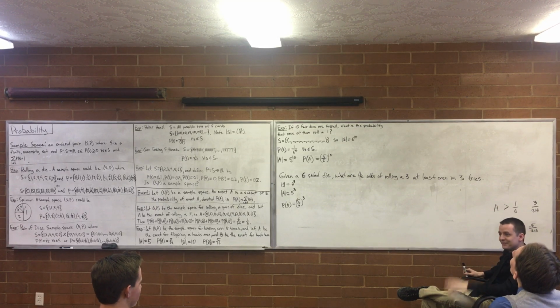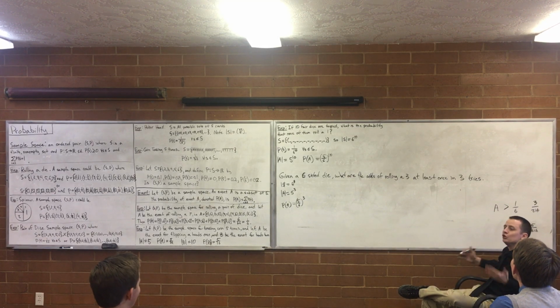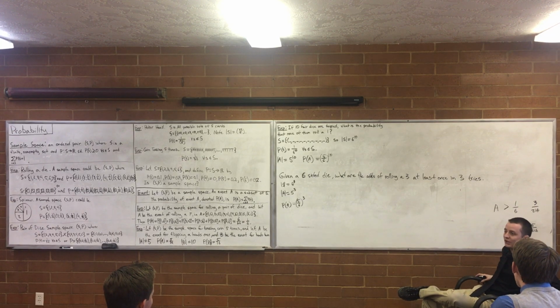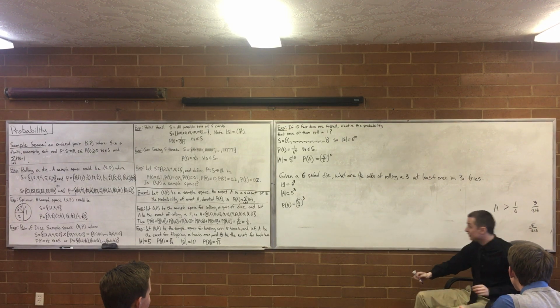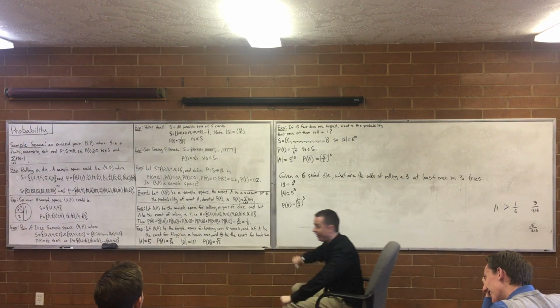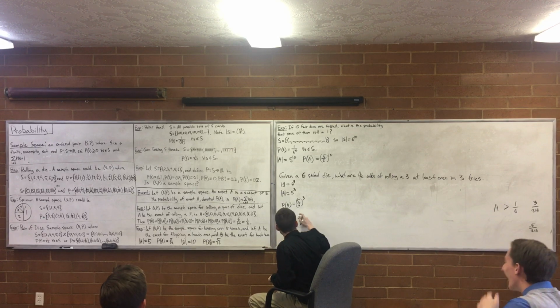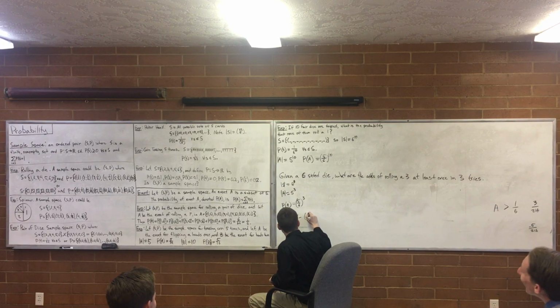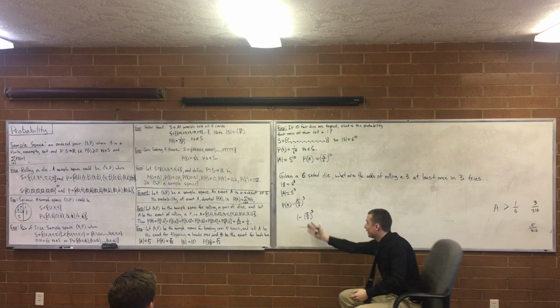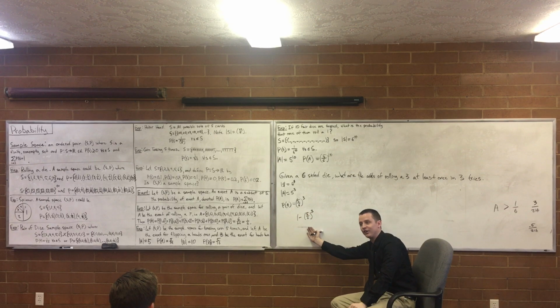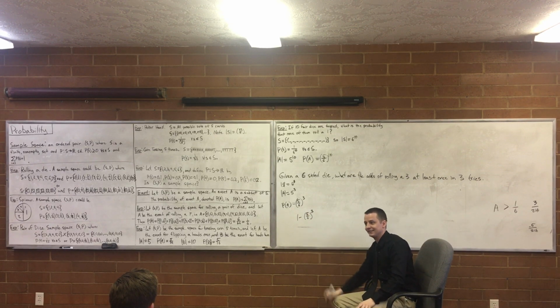If the odds of losing a game are 60%, what's the odds of winning the game? I feel like it should be 40%. How did you get that? Did you just do 1 minus the odds? So 1 minus 5 over 6 to the 3. Wow. So if this is your odds of losing, these are your odds of winning.